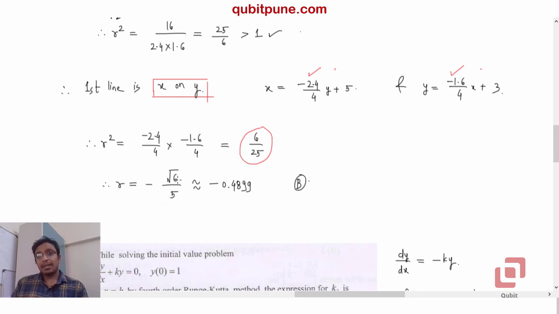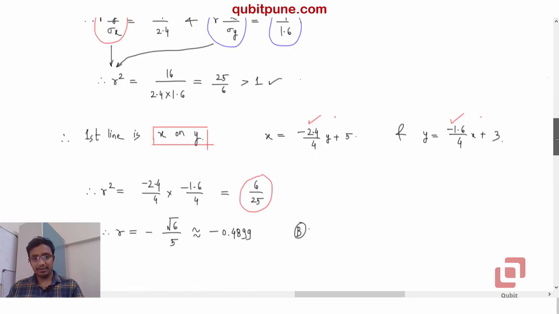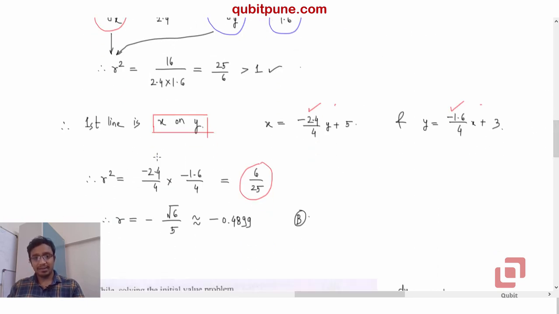And you have to remember that regression coefficients are always of the same sign, and more importantly they share the same sign with the coefficient of correlation, because r is sigma y by sigma x. Well, the correct one is r sigma y by sigma x, because standard deviations are never considered to be negative. Whatever sign the regression coefficients have, that has to be the sign of the correlation coefficient, correct?